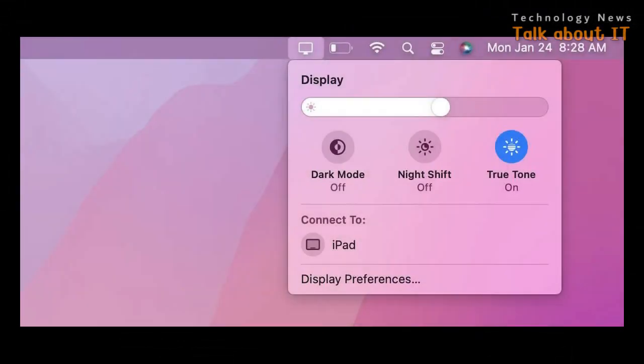To share your entire Mac desktop to your iPad, click on the display icon in the menu bar at the top right and choose your iPad. If you're on macOS Catalina, click on the AirPlay icon in the menu bar and then select your iPad. Once connected, you can choose to mirror your exact desktop to your iPad or use the iPad as an extension